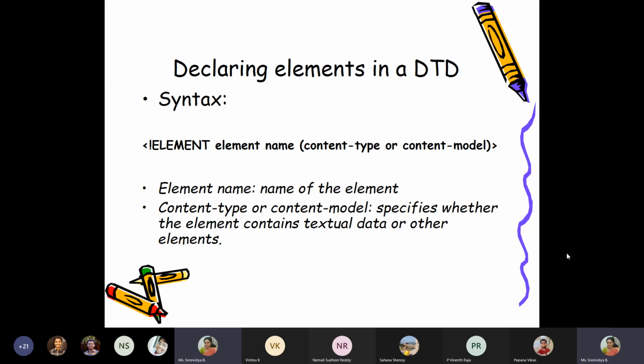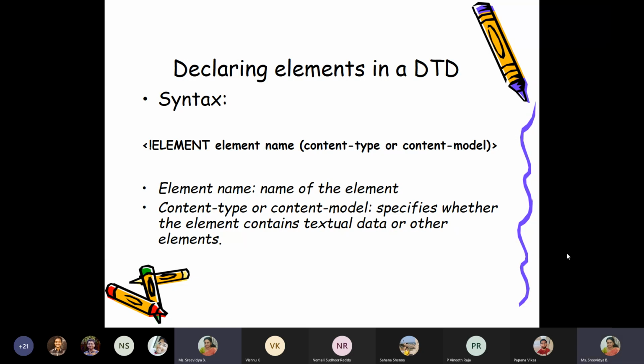Why? Because your XML document is also going to look the same way. All the content you will be writing within angle brackets, so all kinds of tags will appear. So to identify that it is a DTD document, you put an exclamation mark before the declaration. So for each tag, I need to create a declaration of an element in my DTD.